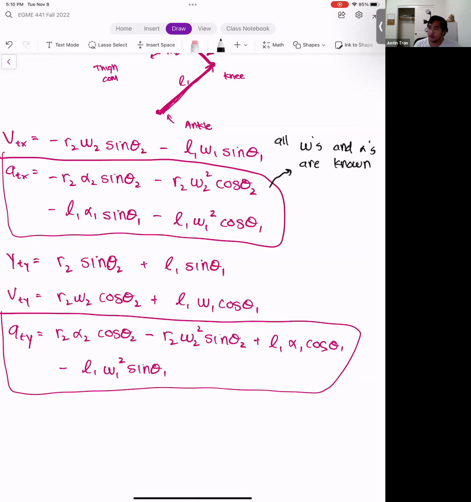And so with a good motion capture system, you'll be able to capture the joint angles, of course, but you're going to also measure those joint angles with respect to time. And so you can take derivatives of them to get omegas and alphas. Yeah. Okay. Thank you. Yeah, so even though these expressions look kind of nasty, in theory, you'll actually know all of these at all values in time.